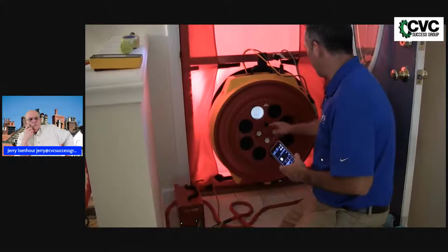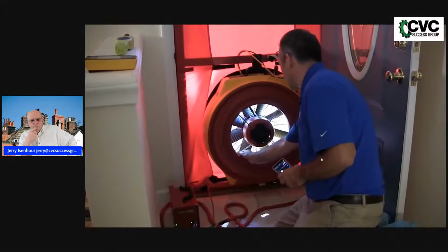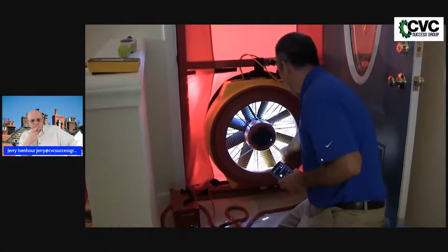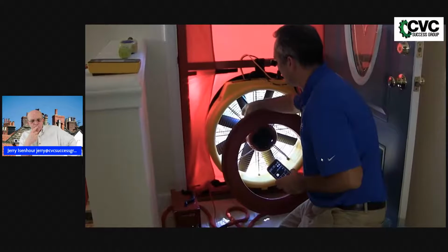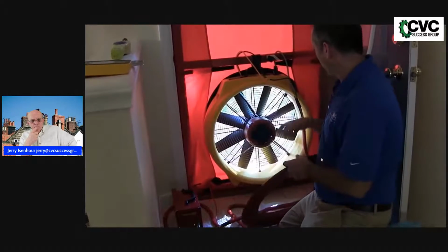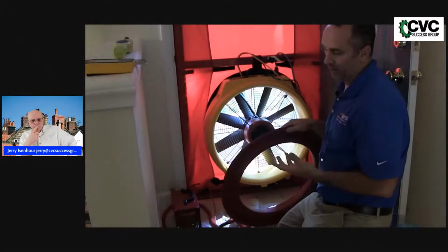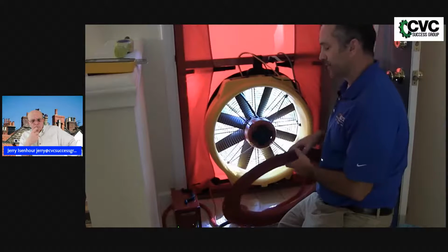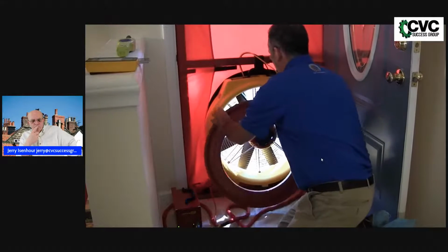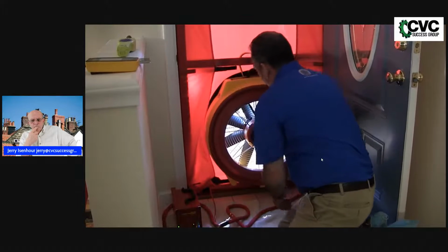So there's actually 3 rings. This is the first ring. This is the second ring. And this is the third ring. So you might say, how do you usually run the blower door? If it's a really big house, and I know it's an old house and it's really leaky, I may start here. Typically, I will start with the B ring on a smaller home, because the nice thing about these manometers,